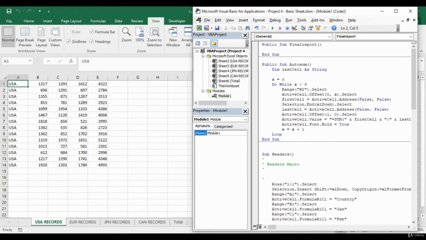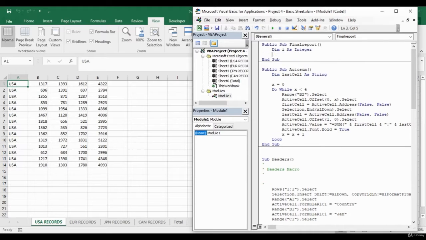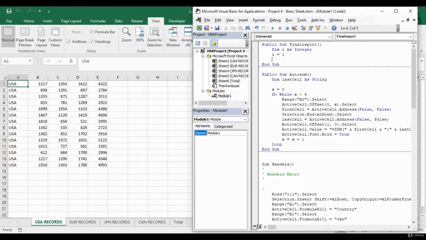To start creating the loop, first you need to initiate a variable. I'll initiate the variable as integer, and then I'll assign the value. Initially I'll assign the value as 1 or 0, it's up to your wish. If you are assigning 1, you have to give is equal to. If you are not assigning anything, then you can give less than. That is sufficient. Then you have to create a loop.